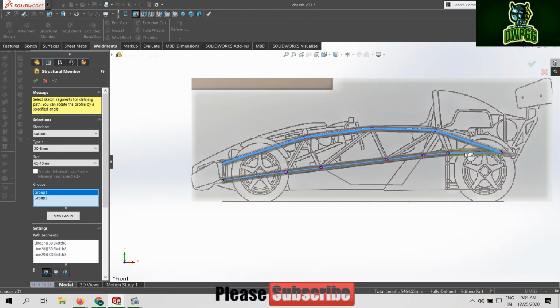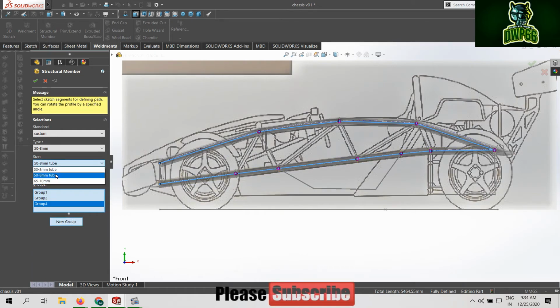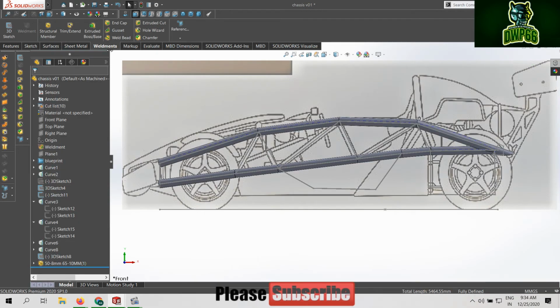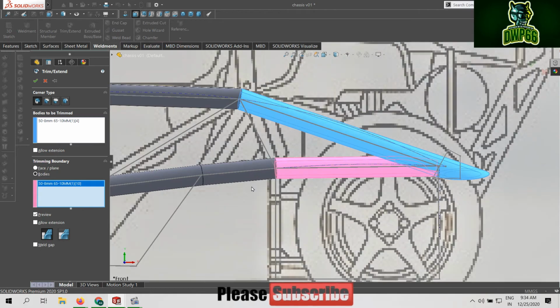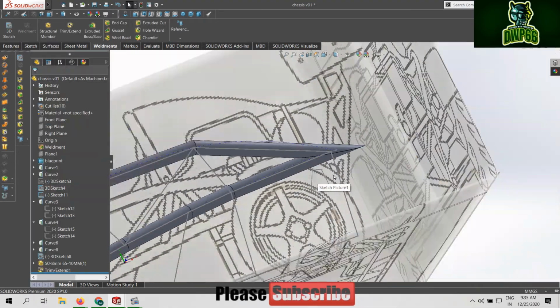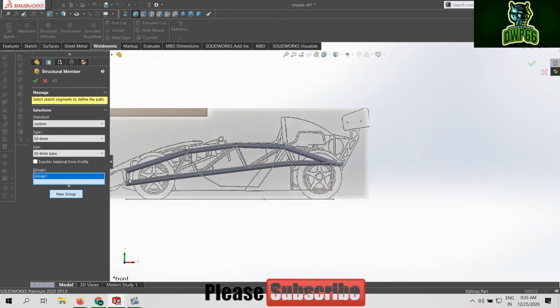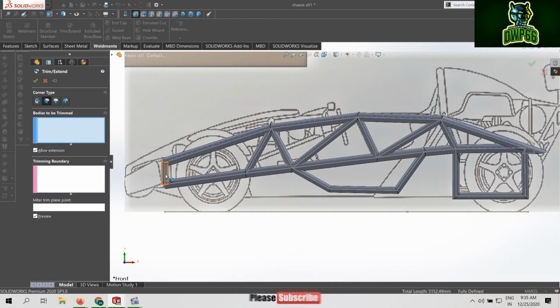For that you need to go to Weldment tab, select the structural member. There you will choose standard as custom and type of profile as folder you have created earlier. Size will choose which is custom profile made by us, whose outer diameter is 30 mm with offset of 3 mm. And then click on group option, then follow my steps creating different groups. And today we will finish our frame design. We will use the sketch which we have already finished and create some new sketch here after creating the weldment profile. We will use custom weldment profile for our frame which will give the pipe structure to us.